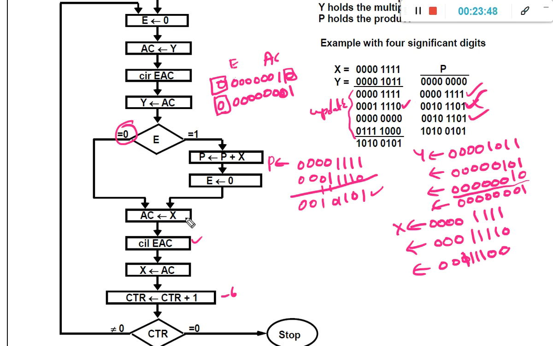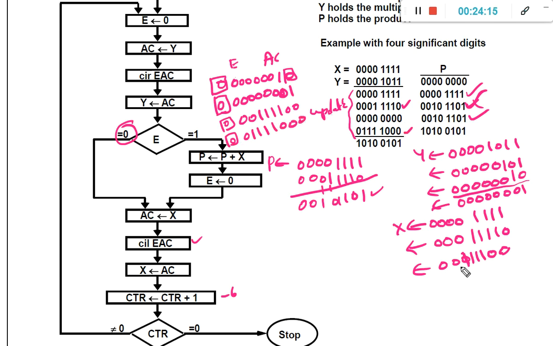So then move the current x value to the AC. So what is the current x value? 0 0 4 1s 0 0, and perform the circulate left with EAC. If you perform the circulate left, then what value we get? 0 0 1 1 1 1 0 0 0.